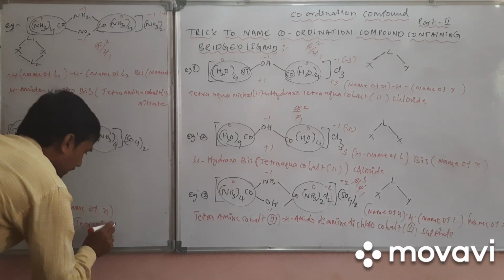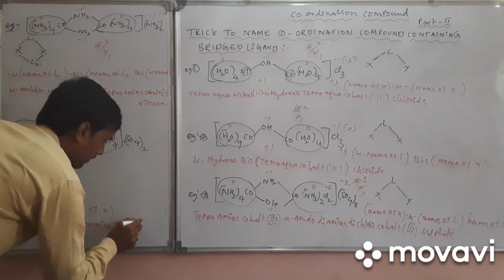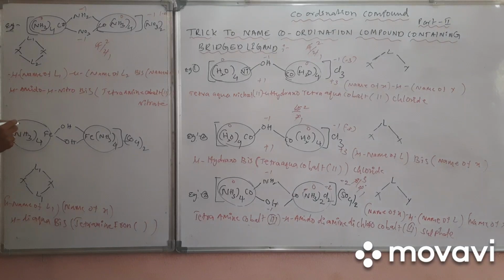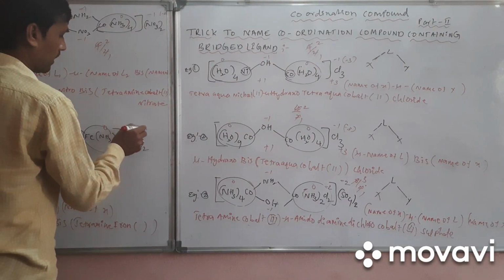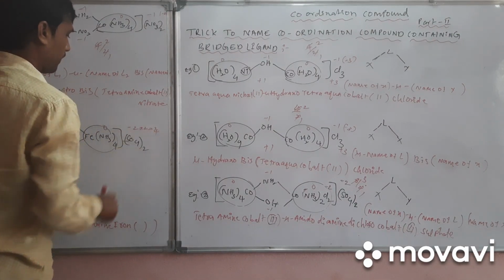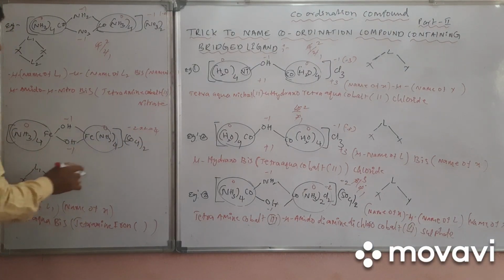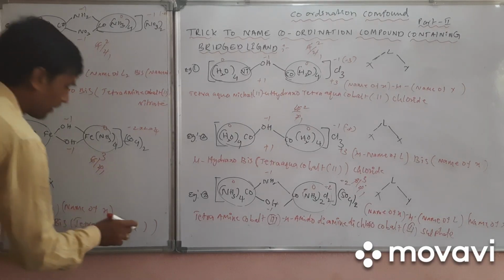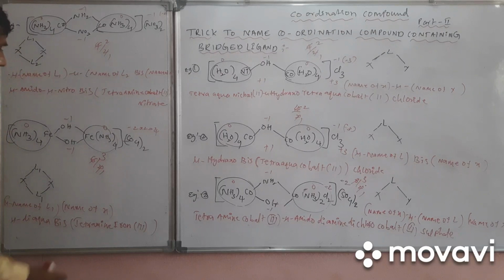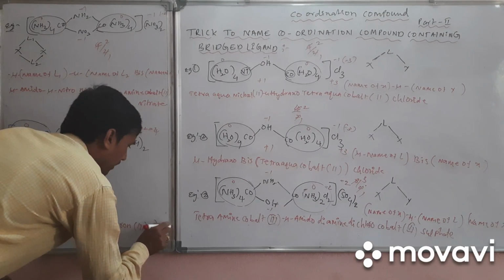Next, iron. The iron oxidation number is written in the bracket. Calculation: this is 0, this is -1, this is -1, this is 0, this is -2. Totally 2, so it is 4. 4 -1 -1, totally we get 6. 6 by 2 is 3. That's why the iron oxidation number is 3. Next to iron, we write sulfate.